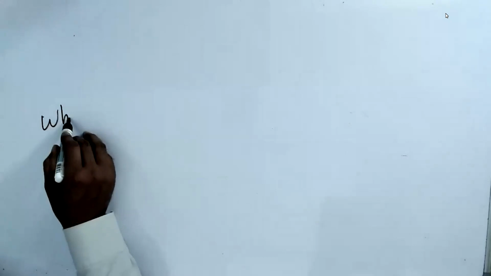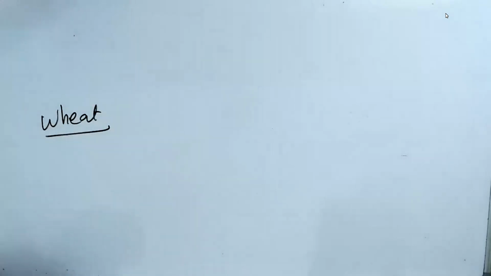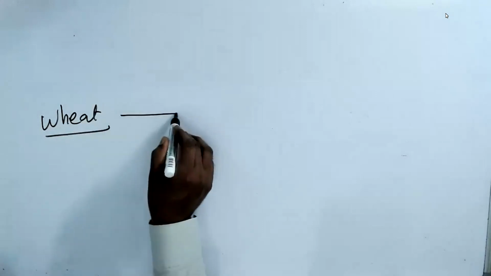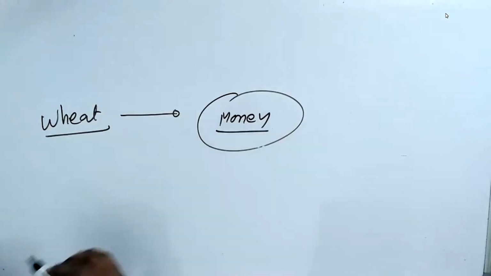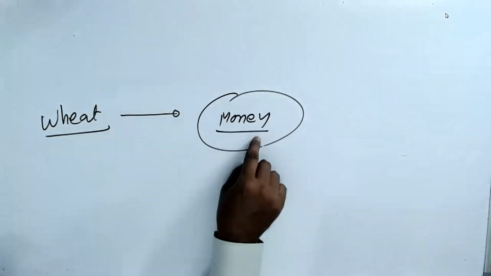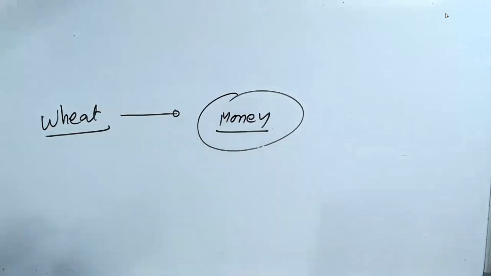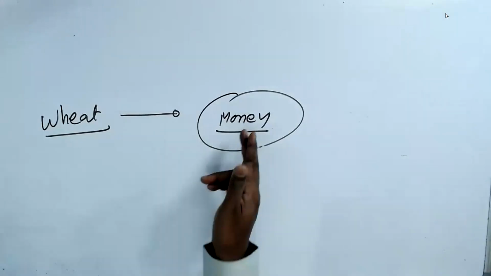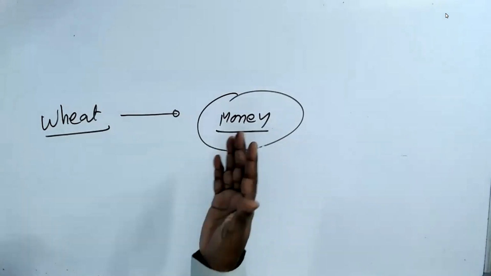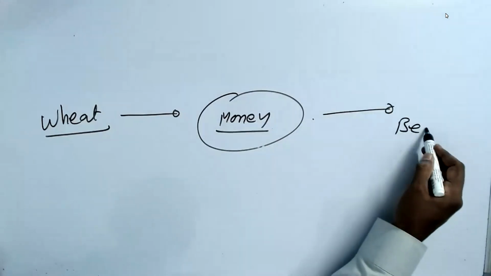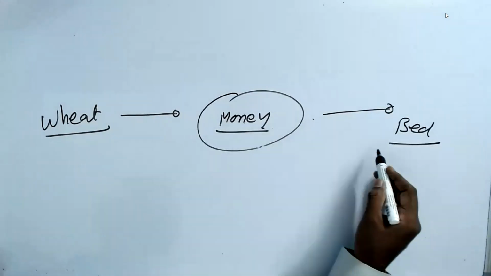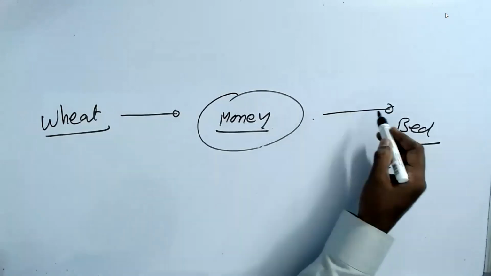Now what happened? See here, I produce wheat at Punjab. Then I sold it to somebody and got money. Understand? The money is useless. I cannot eat the money. I cannot watch the money. I cannot sleep on the money. But once the money is converted, I use the money to buy a bed, I sleep. I use the money to buy a TV, I watch. I use the money to buy food, I eat.